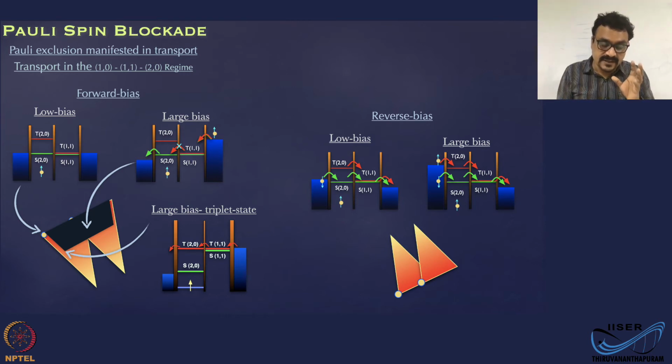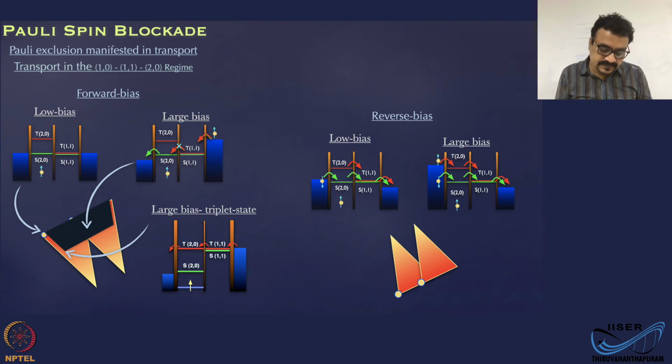The subtle point here is that this green line represents the energy state of the system when you have two electrons in this dot. This one electron is already here and that is below this state. Okay, that is already there. That is locked. You are not referring to this dot. This green line refers to the state of the system when the second electron comes here from this side or from this side. Okay.